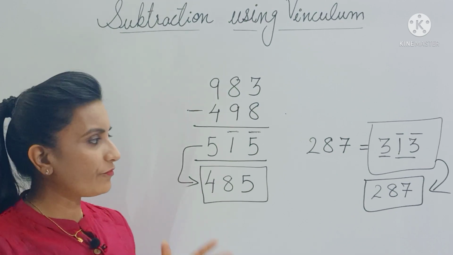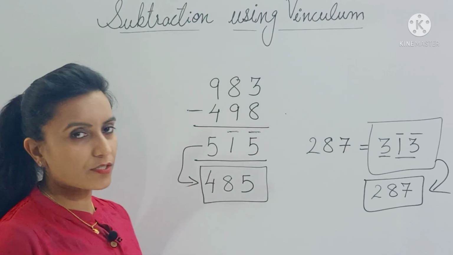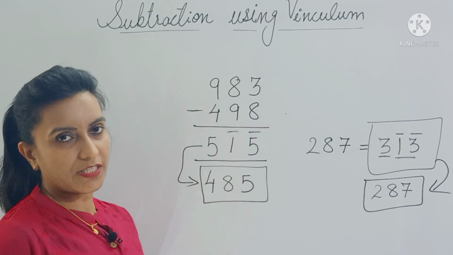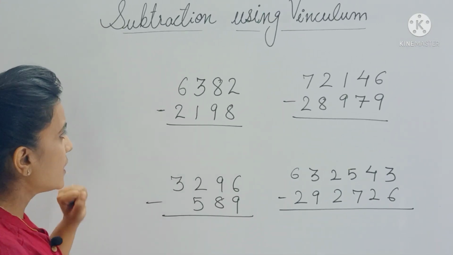So once you become very quick with vinculation and devinculation, you can actually increase your speed to do the subtraction faster. So let's practice a few more questions. Let's do this question first. So here